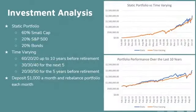To build our portfolio, we needed to decide what proportion of the portfolio to allocate to each asset. A portfolio invested in 60% small cap stocks, 20% in the S&P 500, and 20% in bonds will have strong long-term growth because of the overweight allocation in riskier assets. Additionally, as we are approaching the end of the investment horizon, we can change the weight allocated to each asset